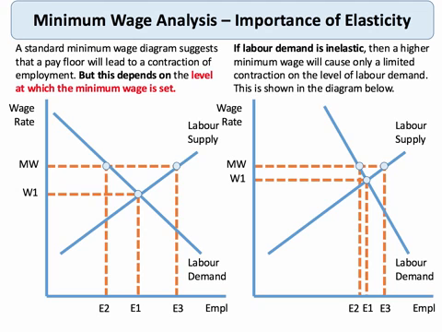Key analysis point is that the elasticity of labour demand affects the extent to which employment falls if we impose a minimum wage above the free market wage. So analysis, please, is important. Analyse first, then evaluate. The impact of a minimum wage depends on how high the minimum wage is, and crucially the elasticity of labour demand, because that's going to affect how many workers keep their jobs post